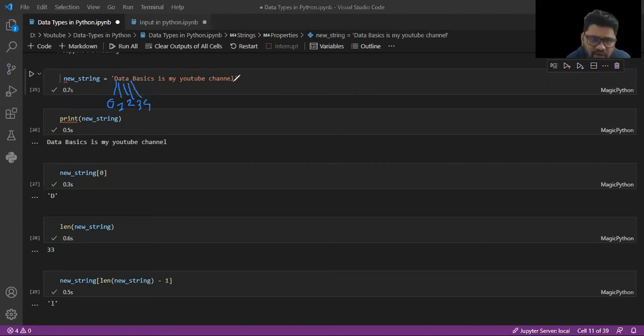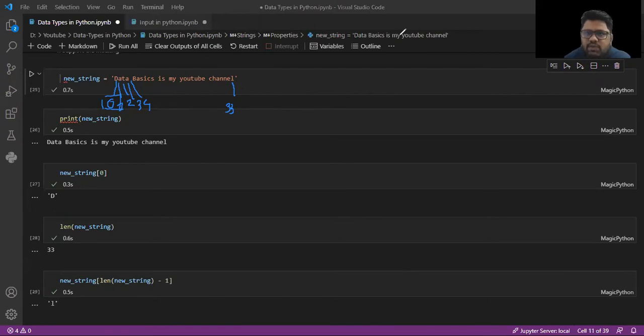Like that, for L it will be 33. So indexing starts from 0. That is the basic rule. In that way, by using this index, we can access the characters which are present in that string.